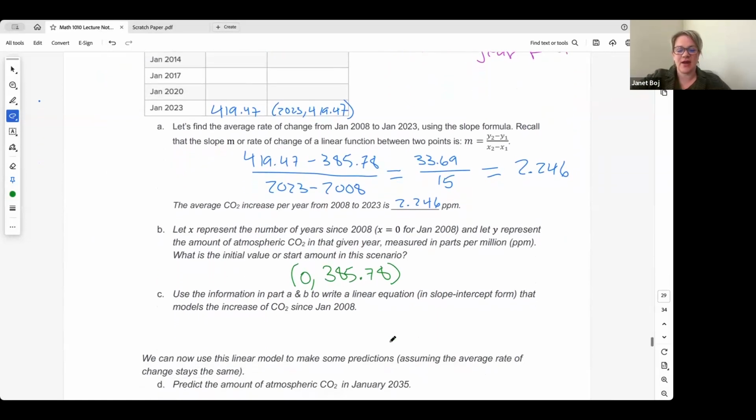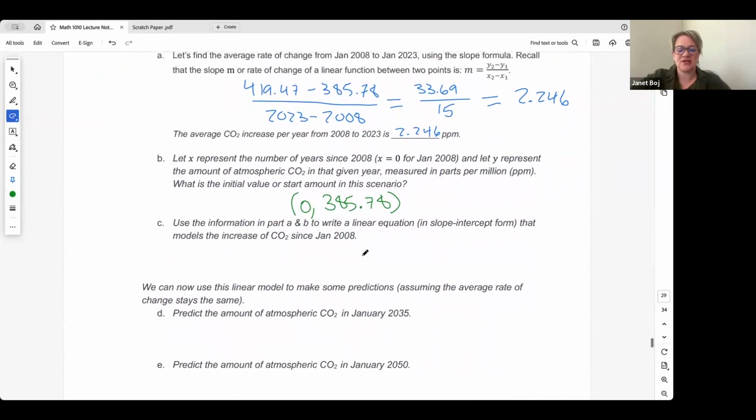All right, now we have the two pieces that we need to write that equation in slope-intercept form. So Y equals mx plus b. We begin at 385.78 parts per million of carbon dioxide, and then every year it'll